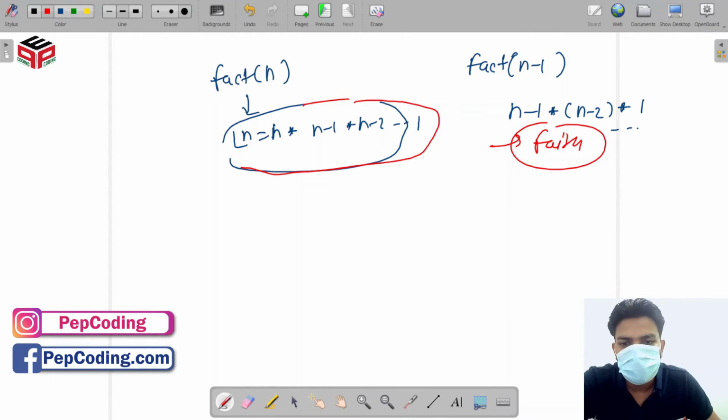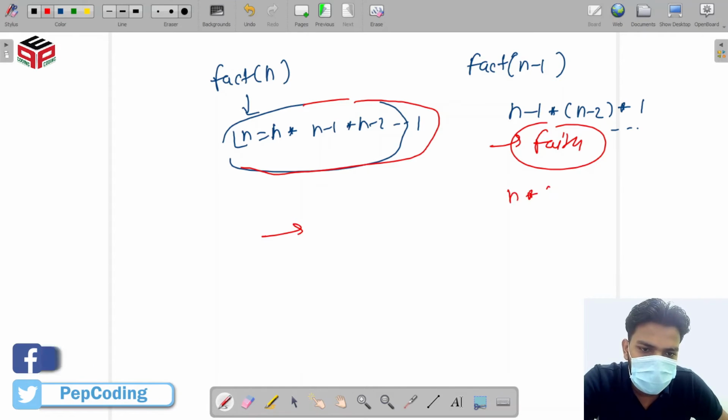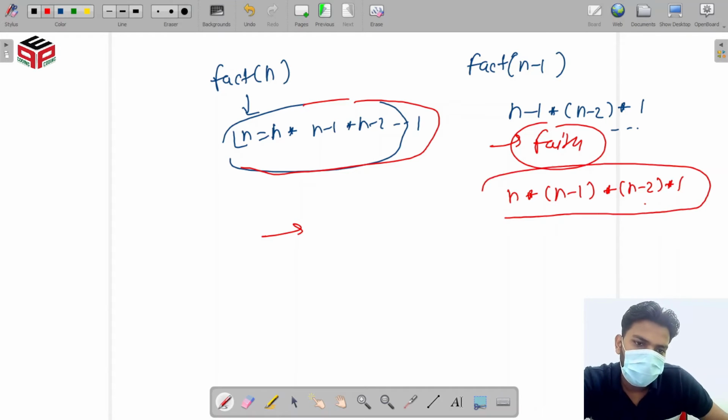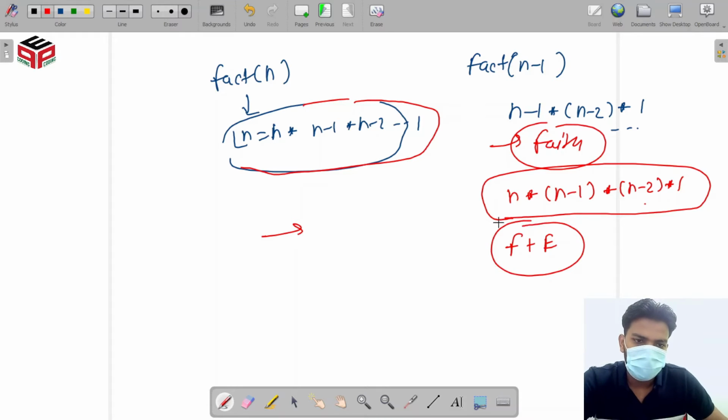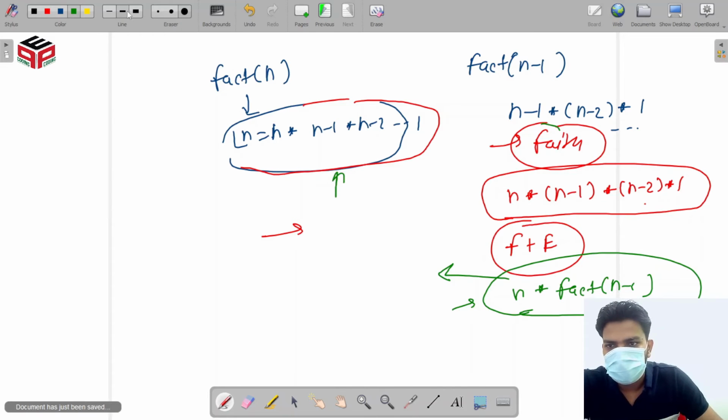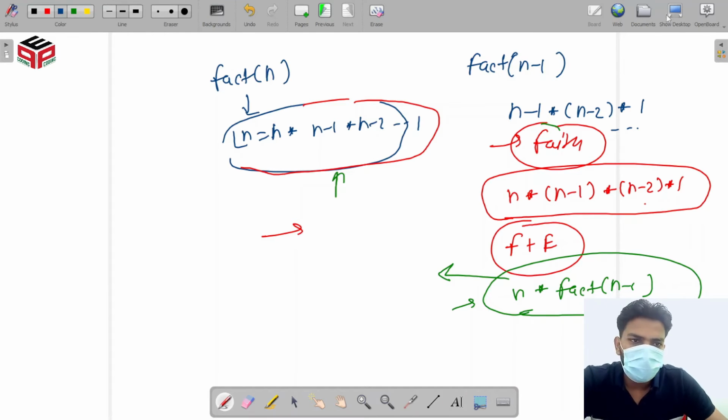Yes, we can. We just have to multiply n again with the n minus 1 multiplied with n minus 2 till 1, so that we find the stage where our faith and expectation meet each other. This is our stage. So we just have to apply this approach. This approach is n multiplied with factorial n minus 1, so that we can find our expectation. We are going to solve this question using this approach.